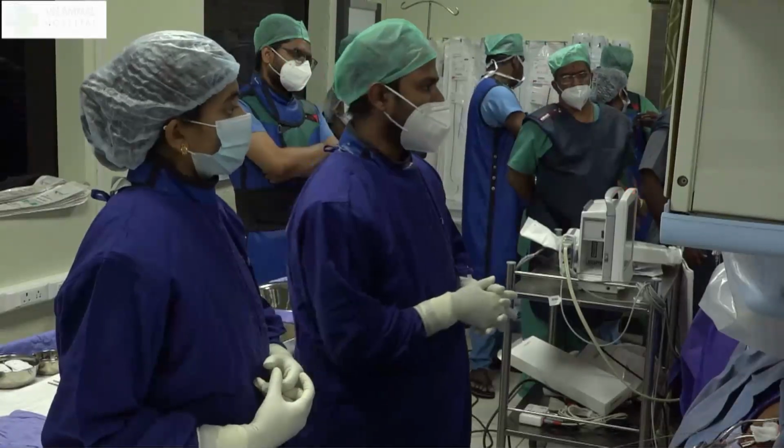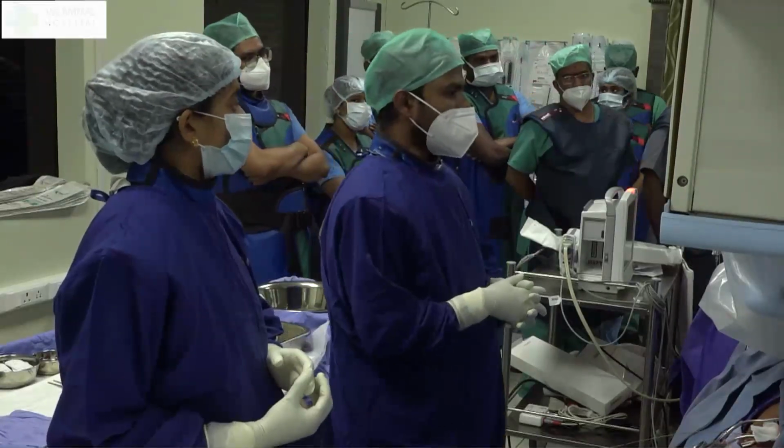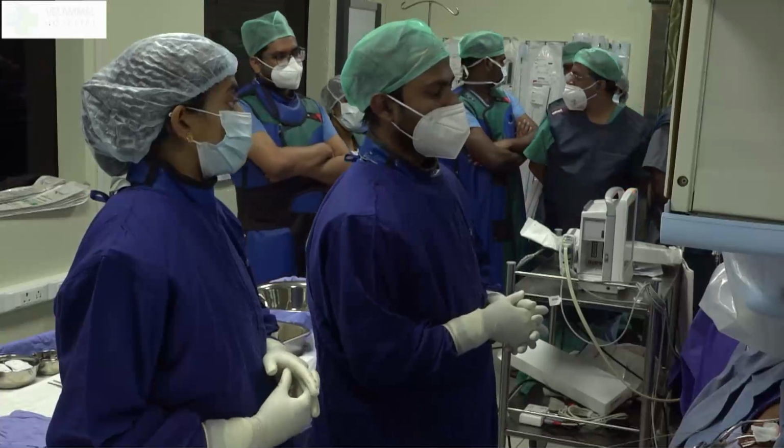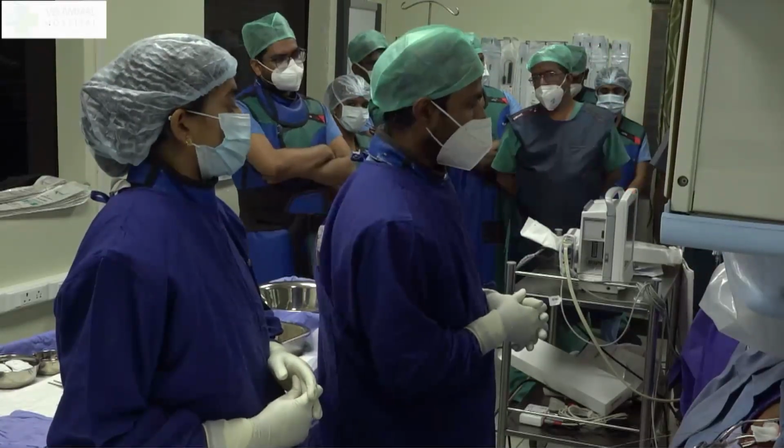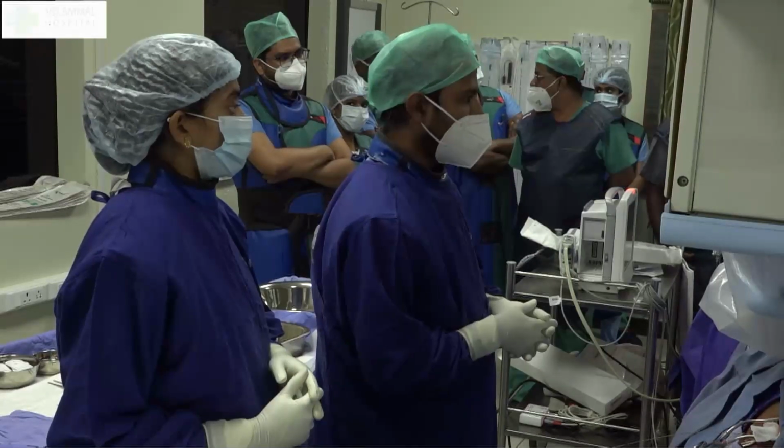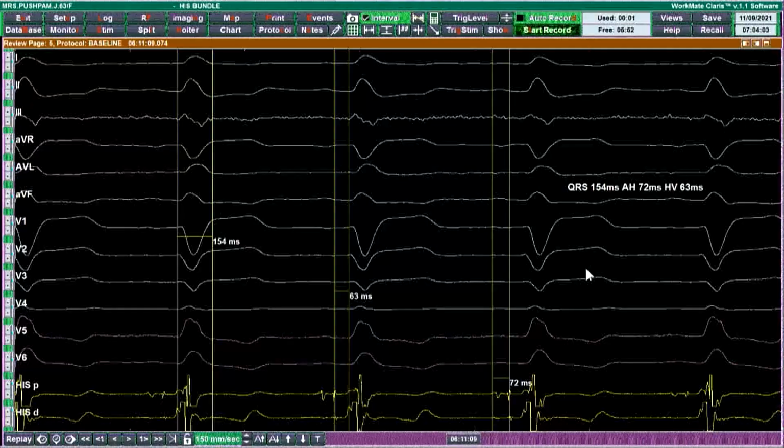So just briefly, I'll tell about the lab settings. It's our practice to do all the procedures with the EP system. Almost always, for all patients, whether it is a CRT alternative or a pacemaker alternative, an RV pacing alternative, we always connect the patient to the EP lab. We usually take 2 punctures from the groin. One is for the His bundle quadripolar catheter, and the second one is for the RV backup pacing.